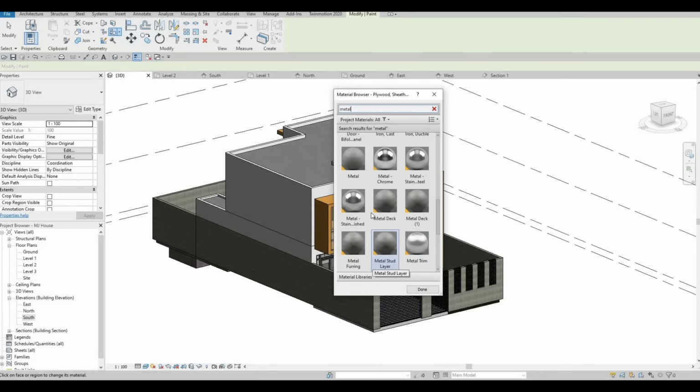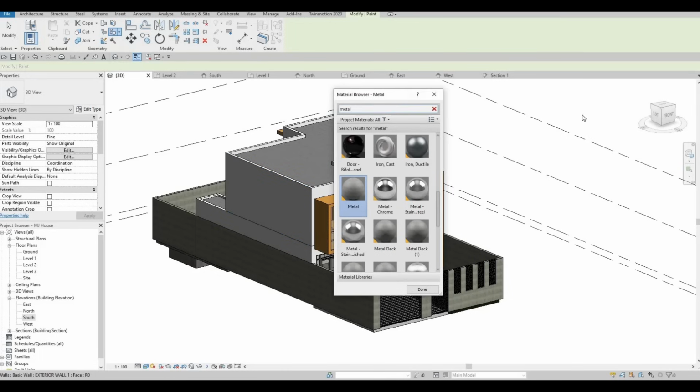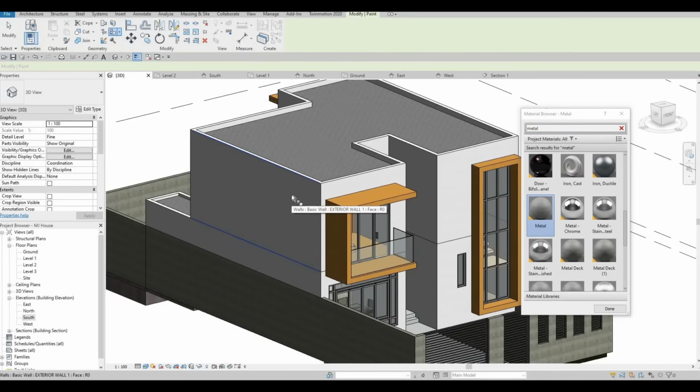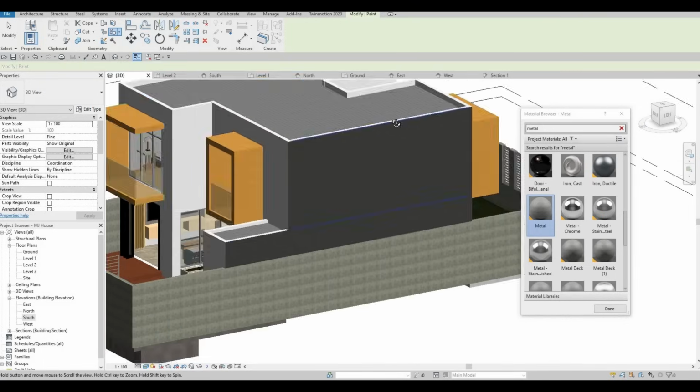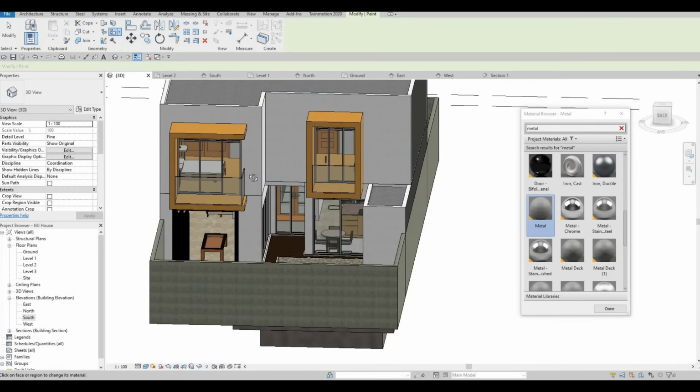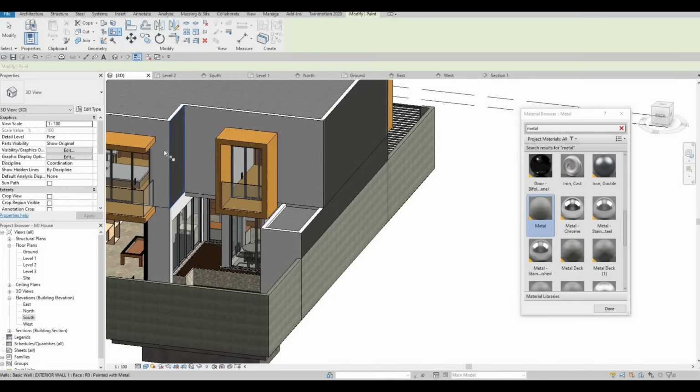What I'm seeing is, I want to choose this one, metal deck. I think I haven't used it yet, or stainless steel polish, something that we haven't used yet. So I'm gonna choose this instead, and that's what I'm planning to add all throughout this building. So here I'm gonna add that finish right here, and then I want a wood finish right here. So I'm gonna leave it like that